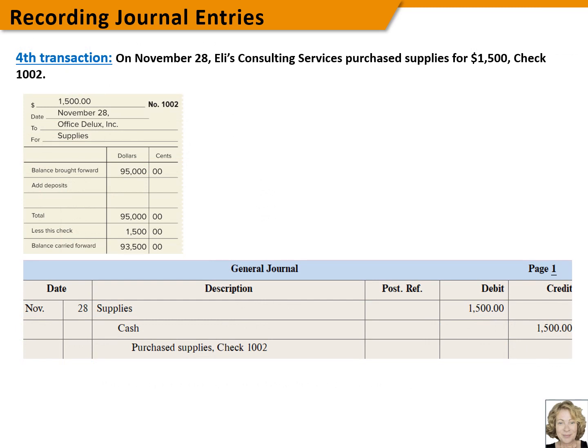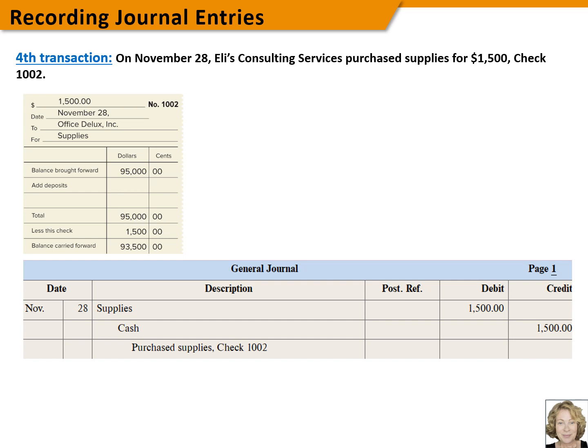On November 28th, Eli's Consulting Services purchased supplies for $1,500 with check 1002. Again, this is not proper documentation. We don't have an invoice. In fact, we don't even know if supplies were purchased. We also don't have a copy of the check. This would not pass during an audit, and I would be concerned if a business owner provided this as a receipt. During an audit, the auditor would ask for the invoice from Office Deluxe,